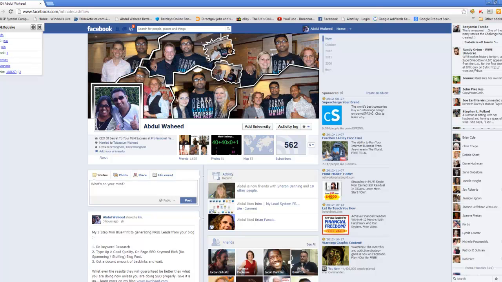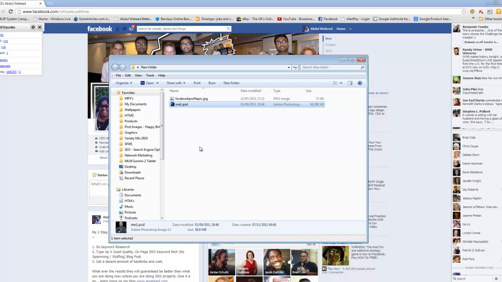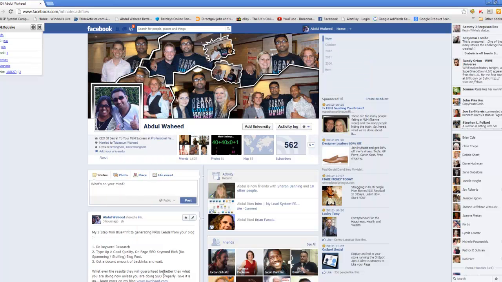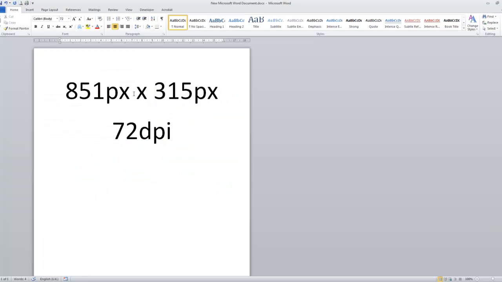So what I've done is I've got a folder here, guys, that I've prepared, and it's got a flat image and a PSD image. The PSD image is basically a cutout transparent image, so you have the choice of having a transparent or a solid background image. So what I'm going to do first, guys, using these dimensions, 851 by 315,